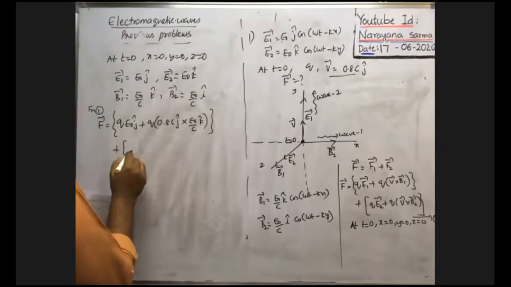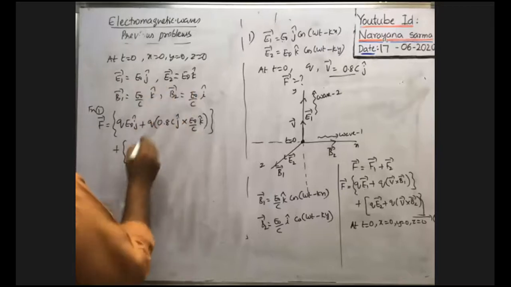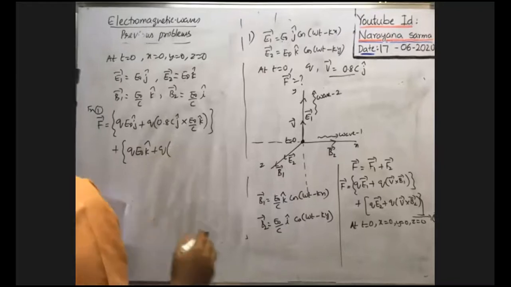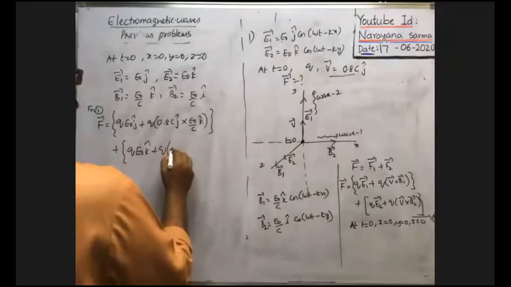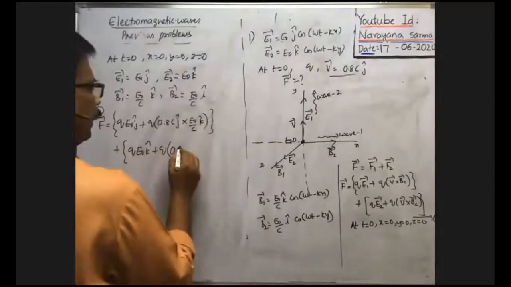Then the force due to the second electromagnetic wave: charge Q into the electric field E naught into k cap, plus Q into the velocity of the charged particle, which is 0.8 C j cap, cross B2 bar, which is E naught by C into i cap. Here C cancels, C cancels. Therefore, F bar is equal to